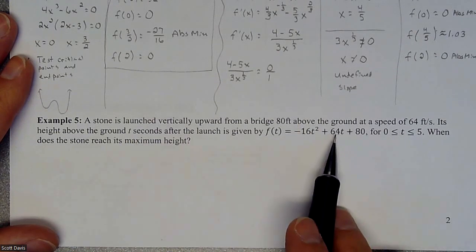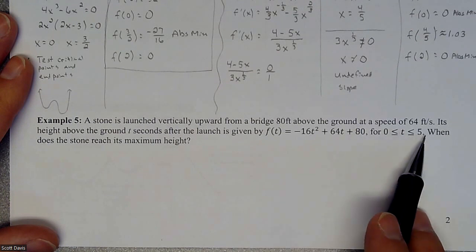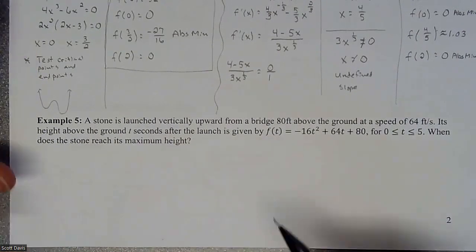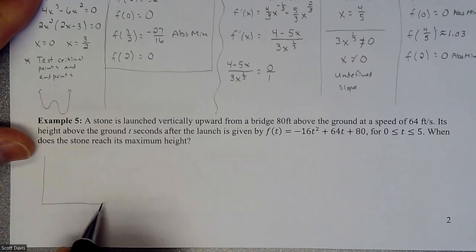So here's our gravity pulling it down. There's our initial velocity. There's our initial height. And we're going from 0 to 5 seconds. So when does the stone reach a maximum height? Right? So if you have a basic idea of what this is, I always like to do a visual of some